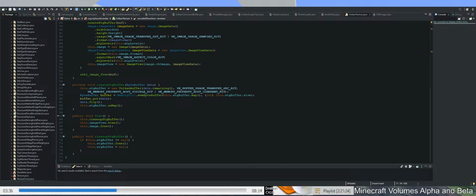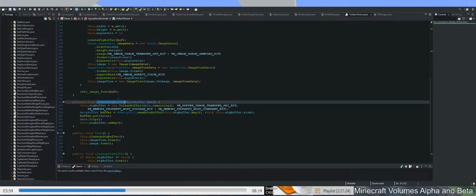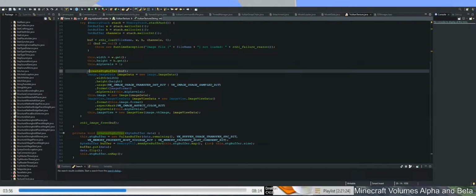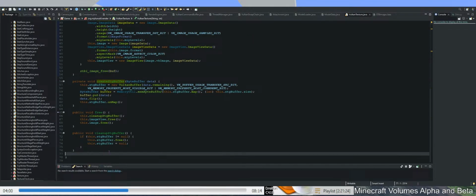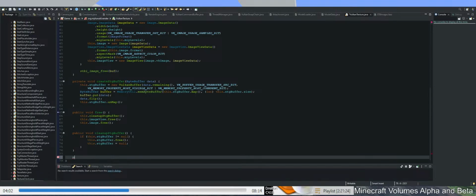It's very elaborate, you could say. I'm not really quite sure why the staging buffer needs to have a separate thing here. Anyway, so we now have